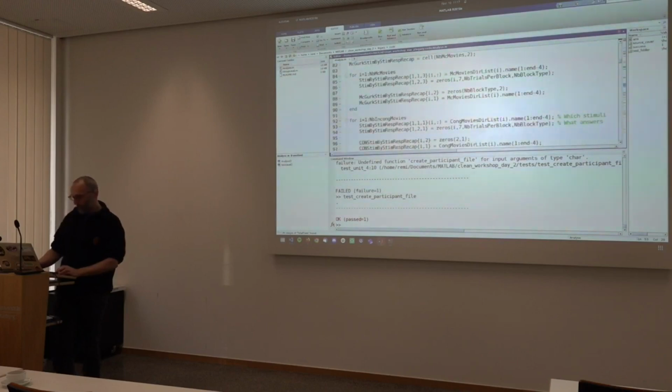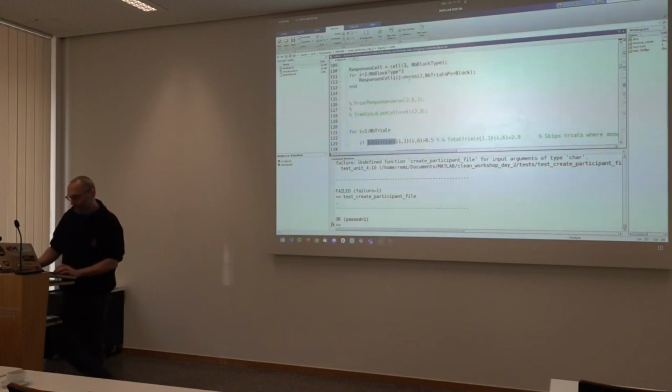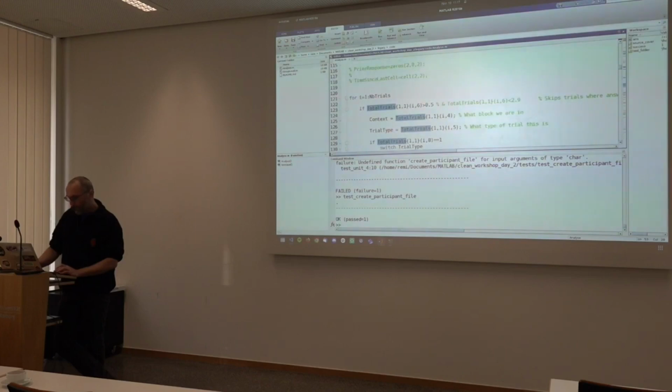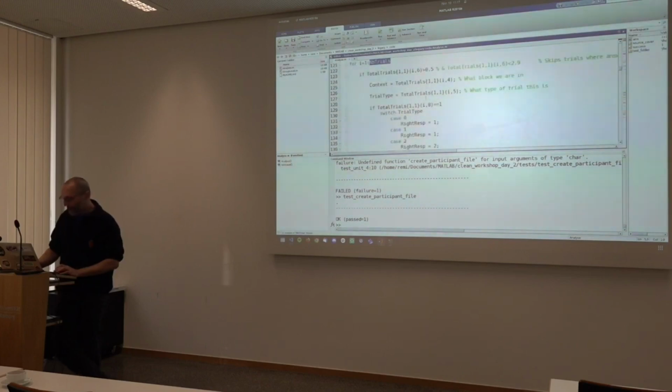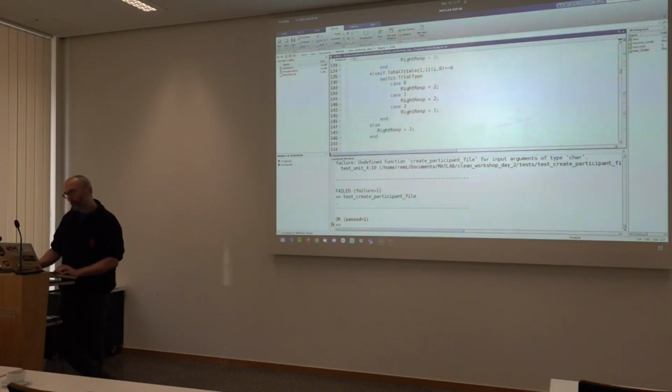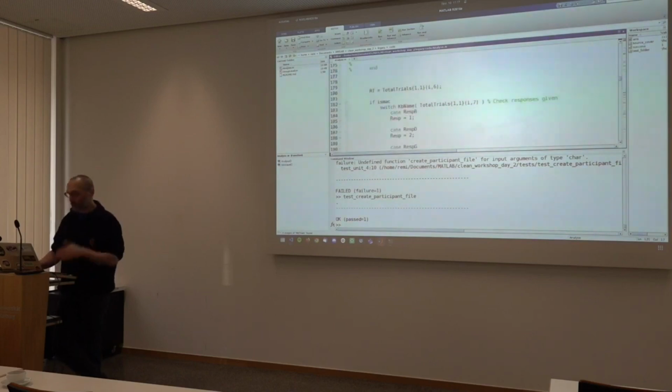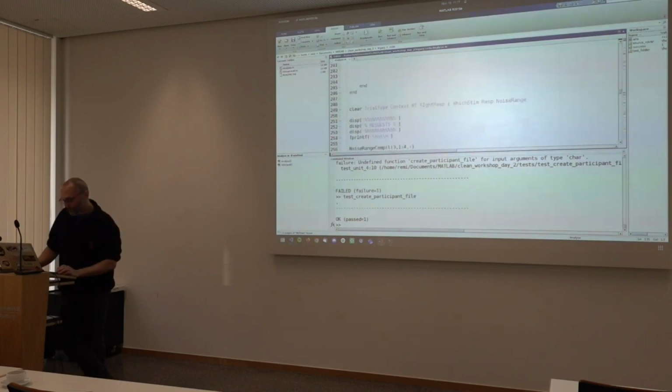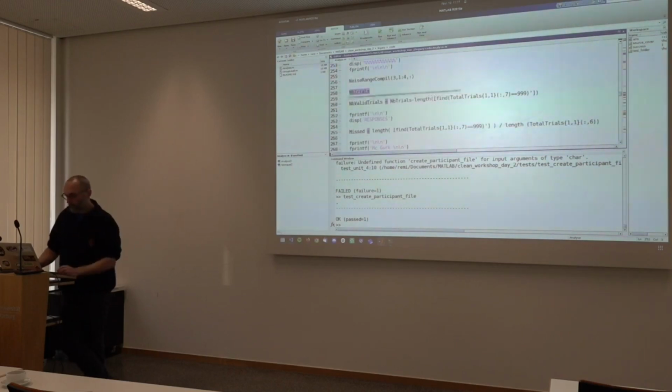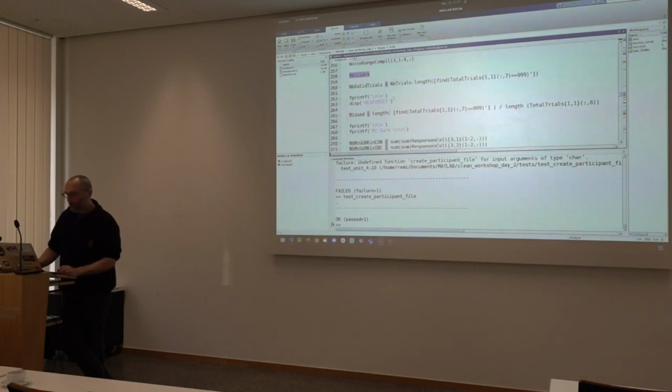Here I think it's compiling what the responses are for each of the movies you used. Then it goes through all the trials and checks what responses were given for each trial, making sure it classifies them as good or bad responses and so on. Then it displays some stuff on the screen so that you get an idea of how well the participant did.